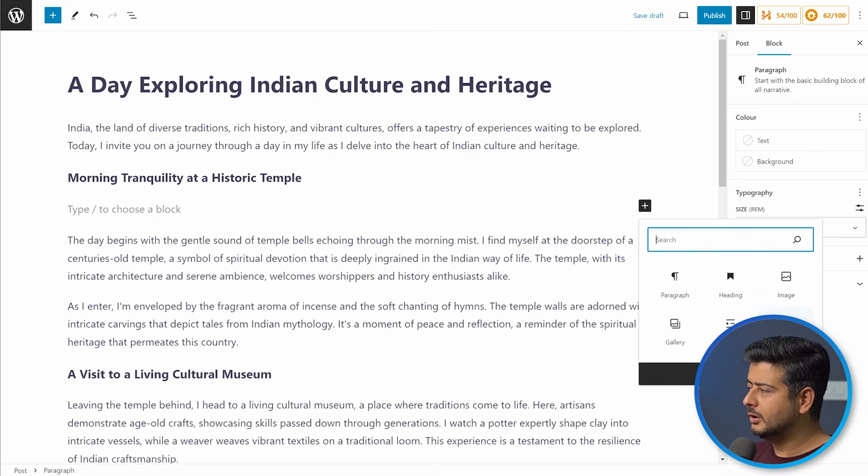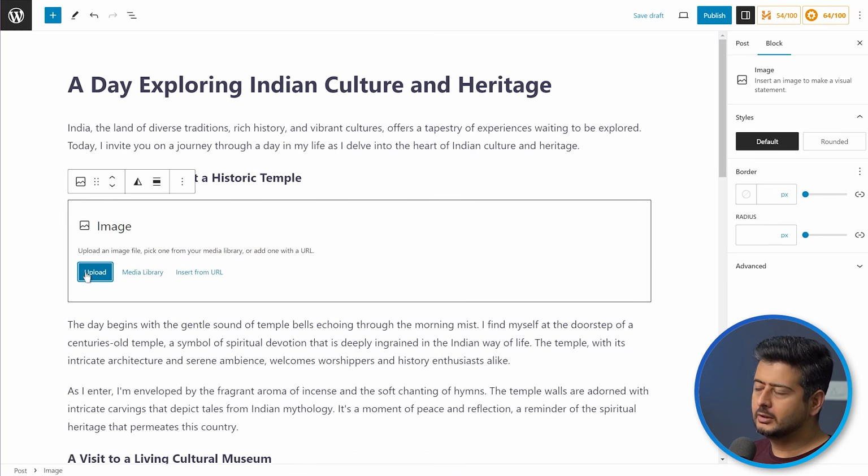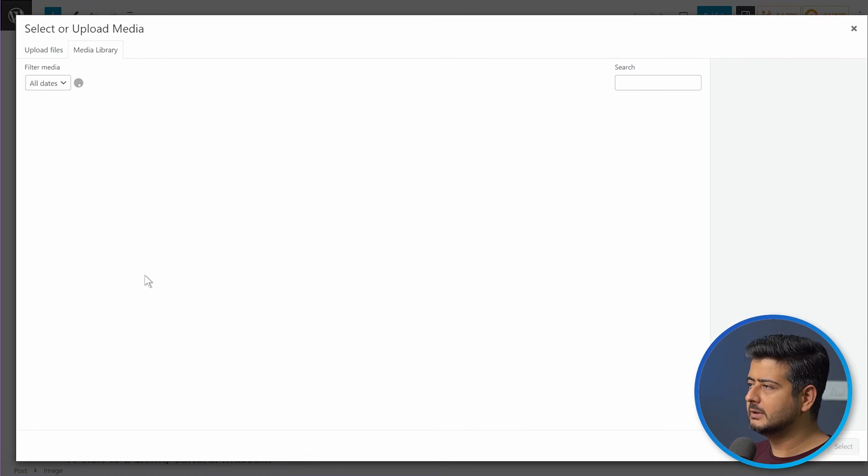These are just the basic blocks, but you click browse all and you see all the blocks you can add. Now, since I want to just add an image here, I'll click image and it'll give me an option to upload directly from my computer or the media library or insert from a URL. I'll just choose the media library because this will show up the media library, and I can upload images directly